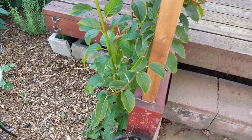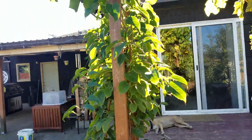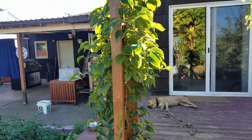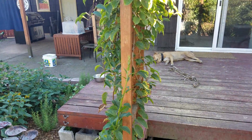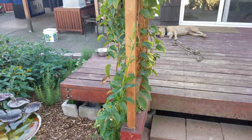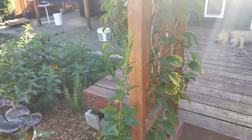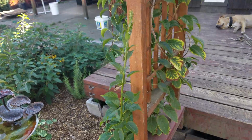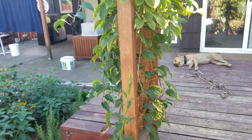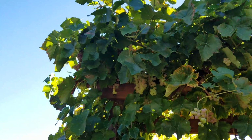We've got some real healthy new growth shooting out of there. The Issai isn't the monster kiwi that knocks down your fence and makes a big old mess. They're much more tame, and they're also self-fertile, which is unusual for kiwis. So they also call it a kiwi berry because the kiwis are quite small. And that's the Issai kiwi, and it is sharing an arbor with